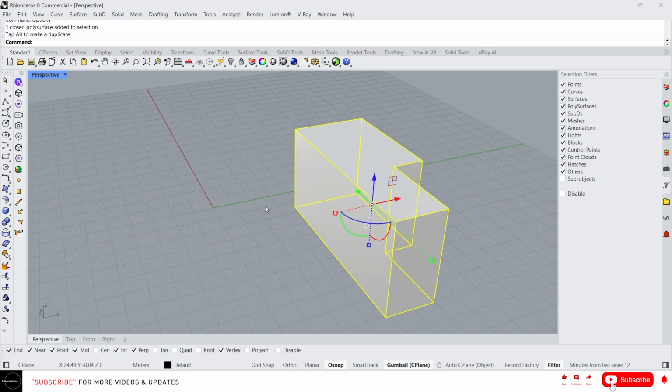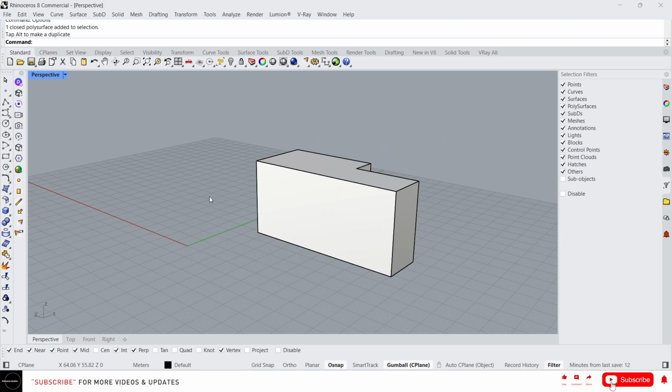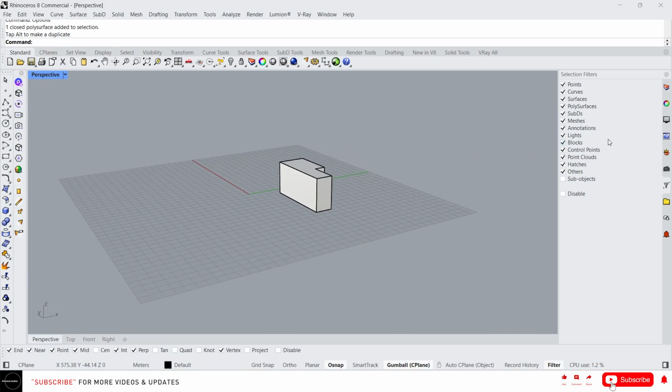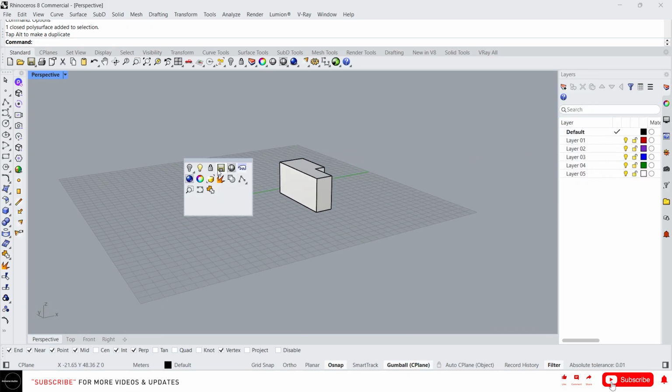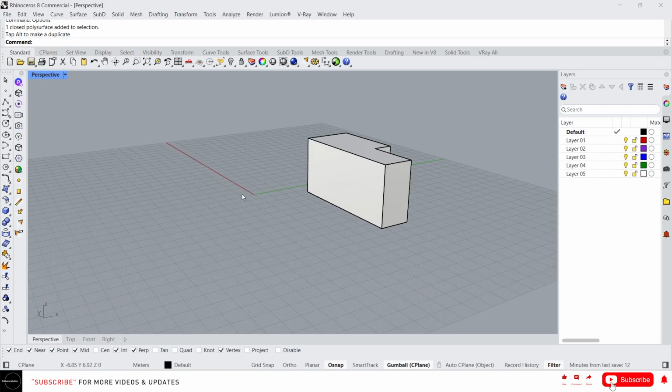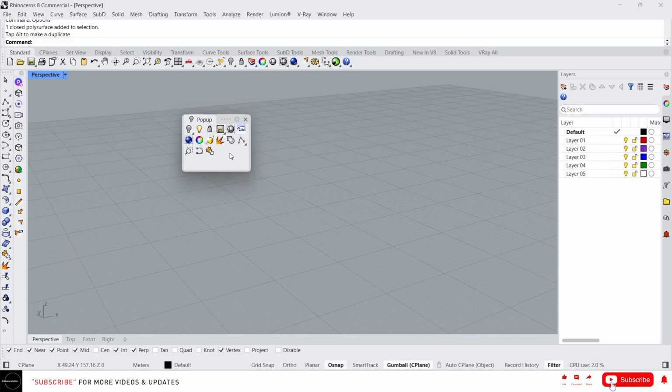Now let's see about my setting up, what I do change to make my workflow easier. The first thing: when you click on the middle mouse button, it will show the pop-up box. In this one, by the way, if you click the gray color here, it will appear. You can place it on the viewport and just take a screenshot and arrange this if you want,